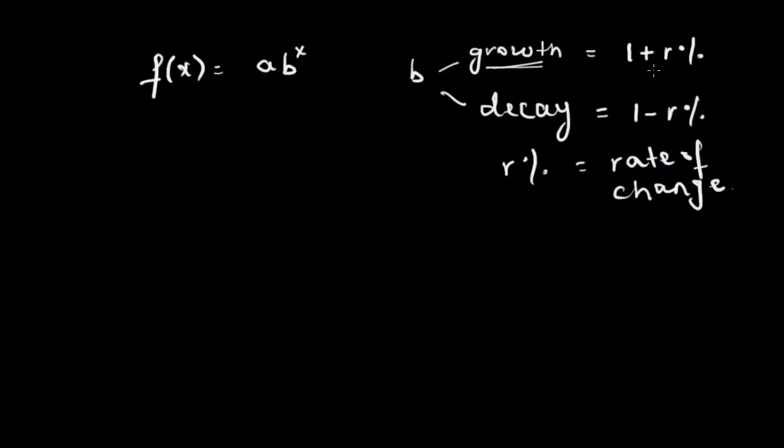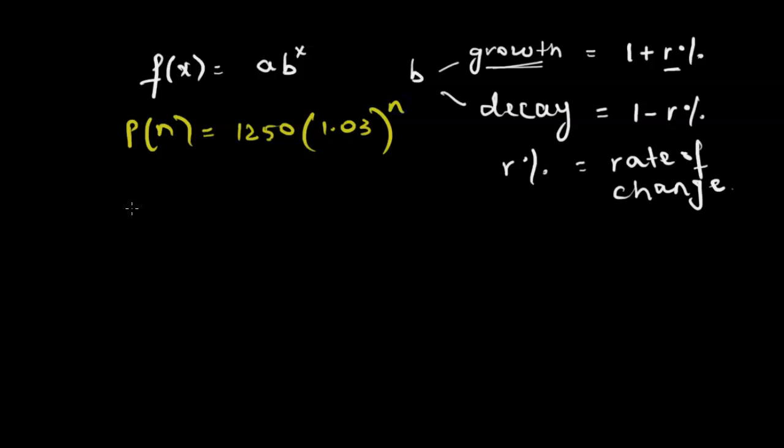If this r% is part of a growth change, then r represents the growth rate. If it's part of a decay question, then it represents a decay rate. Since the question that we covered up was a growth question because the population has been growing, the question would ask you to find the growth rate r. Getting back to the same equation, Pn is equal to 1250 times 1.03 to the power of n.